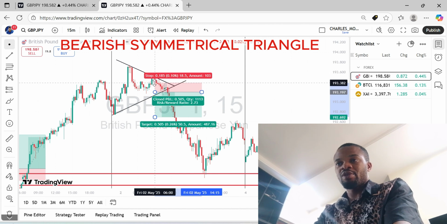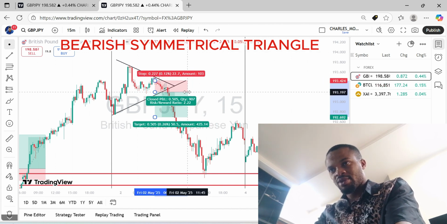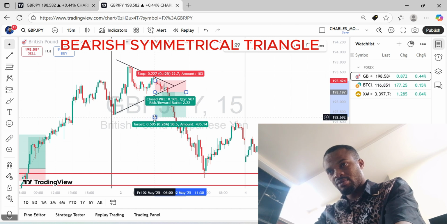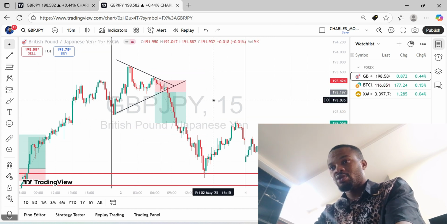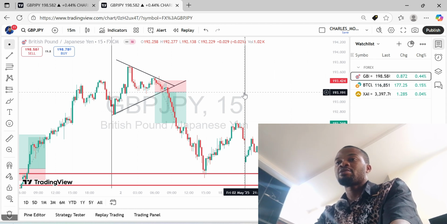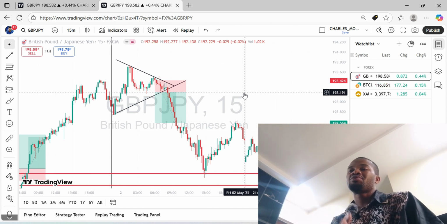20 pips or 25 pips. But for this, let me use 20 pips. You see, 20 pips to 65 pips. That's really massive. Very simple. You don't need to stress yourself, checking what they call this